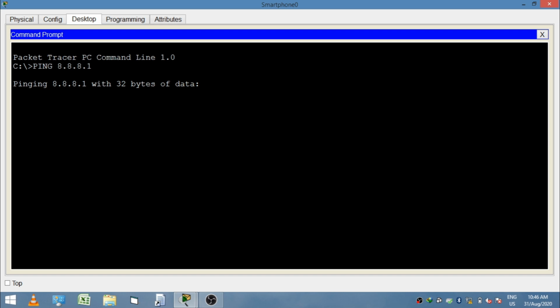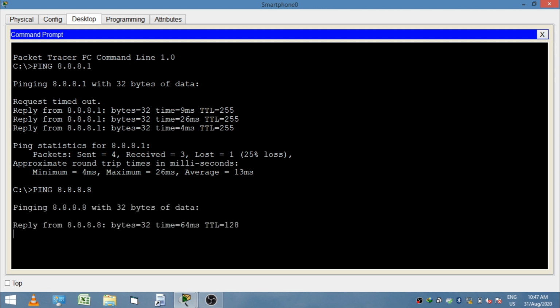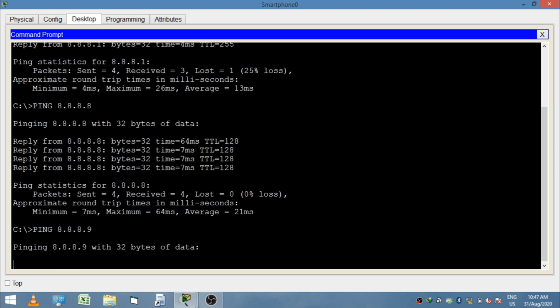Now it is time to test the configuration. Ping the WLC IP, 8.8.8.1. The reply comes automatically. If the reply comes, then it is successful. Next ping 8.8.8.8, the DHCP DNS server, it is also successful.